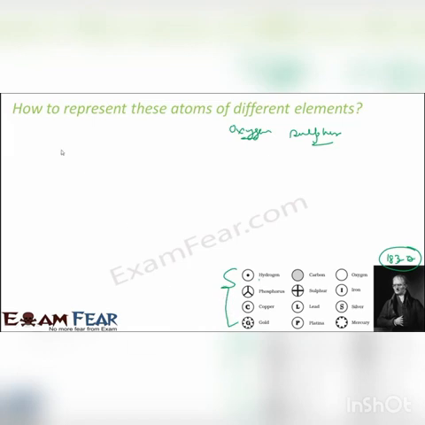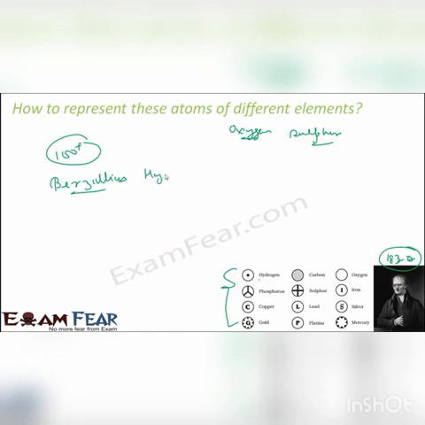But gradually so many elements were discovered. More than 100 elements were discovered. And it is really cumbersome to remember so many symbols, right? So then there were a lot of talks going on to use the first and the second letter of the name of the element to give the symbol. And this idea was proposed by Berzelius. So this Berzelius, he suggested that let's use the first and second letter.